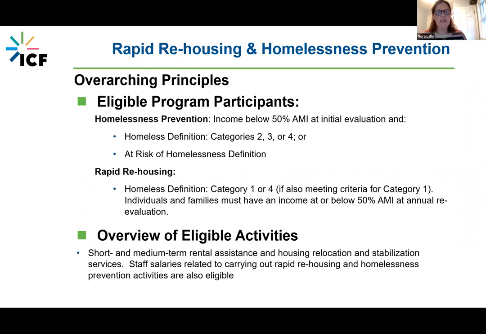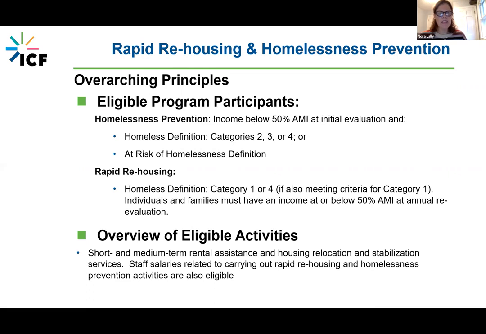Homelessness prevention for ESG-CV or annual ESG to prevent, prepare, or respond to homelessness is 50% of area median income. And then the categories of homelessness are category 2, 3, or 4, or the at-risk of homeless definition. So that's who can be served under homelessness prevention.